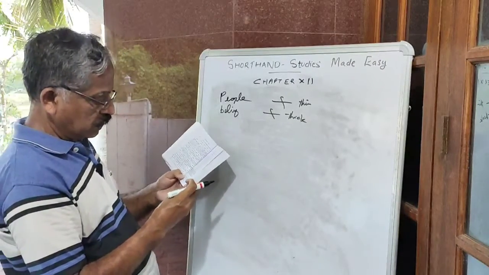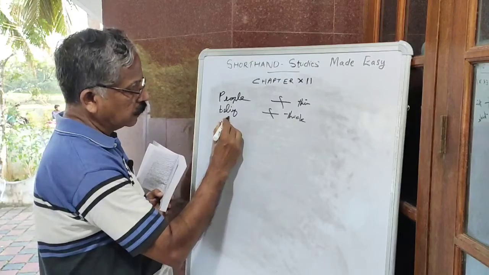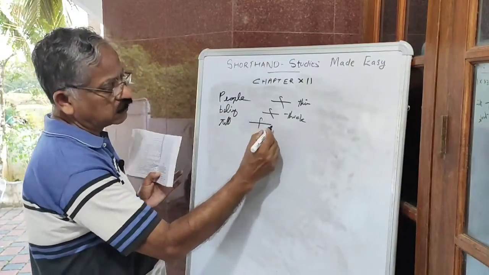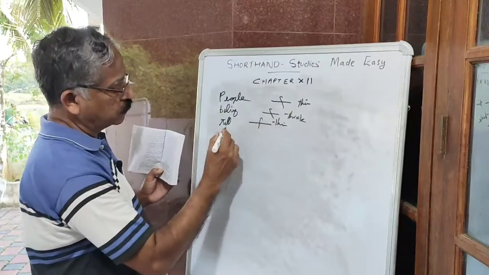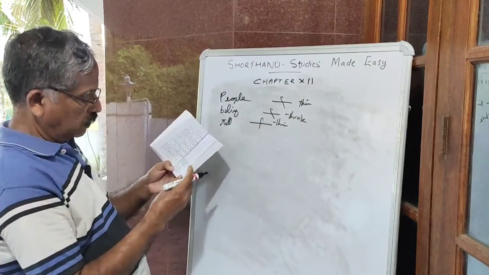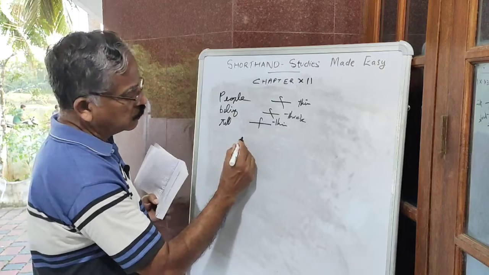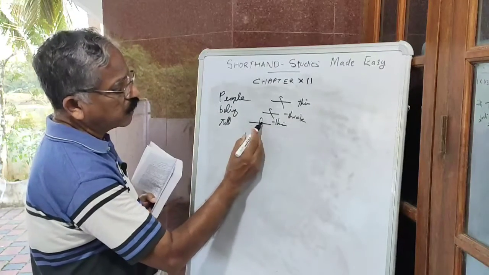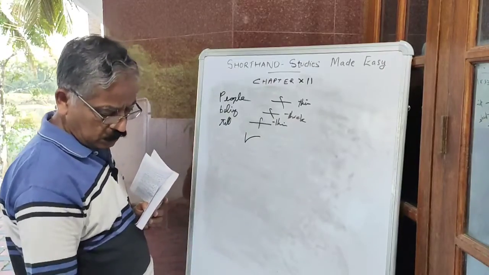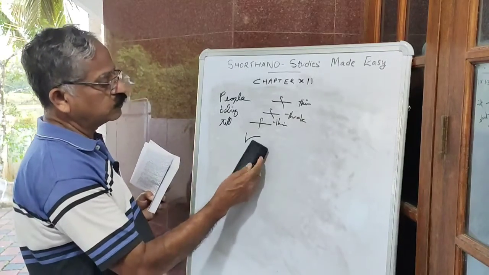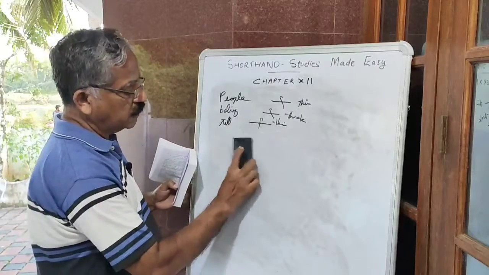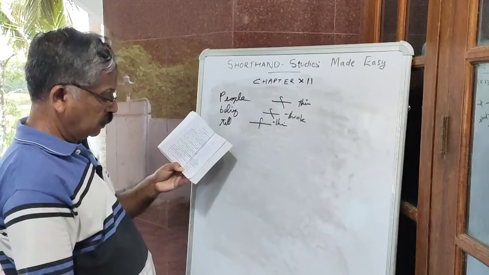Now, till. How to write till? Till like this, through the line. Thin. This is thin, till. Otherwise, you have to write till like this instead of writing this. Because we have studied the L hook, instead of writing this full stop, two stops, you can write the symbol till. Till through the line. This is till, T-I-L-L, till.